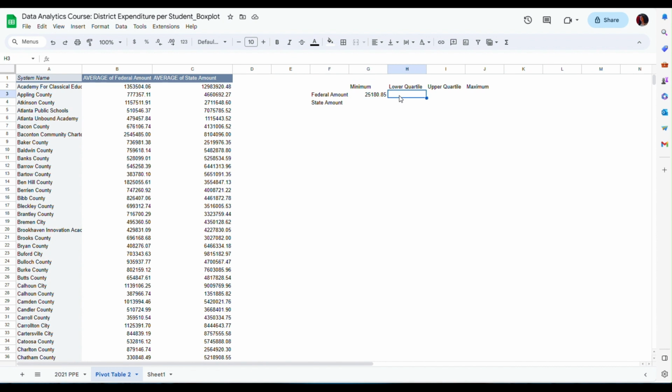I'm going to continue with the federal amount. So I am going to calculate the lower quartile. The lower quartile represents the point that is above or at the same level as the first or the lowest 25% of the data. So to find that point, I'm going to type equal and then